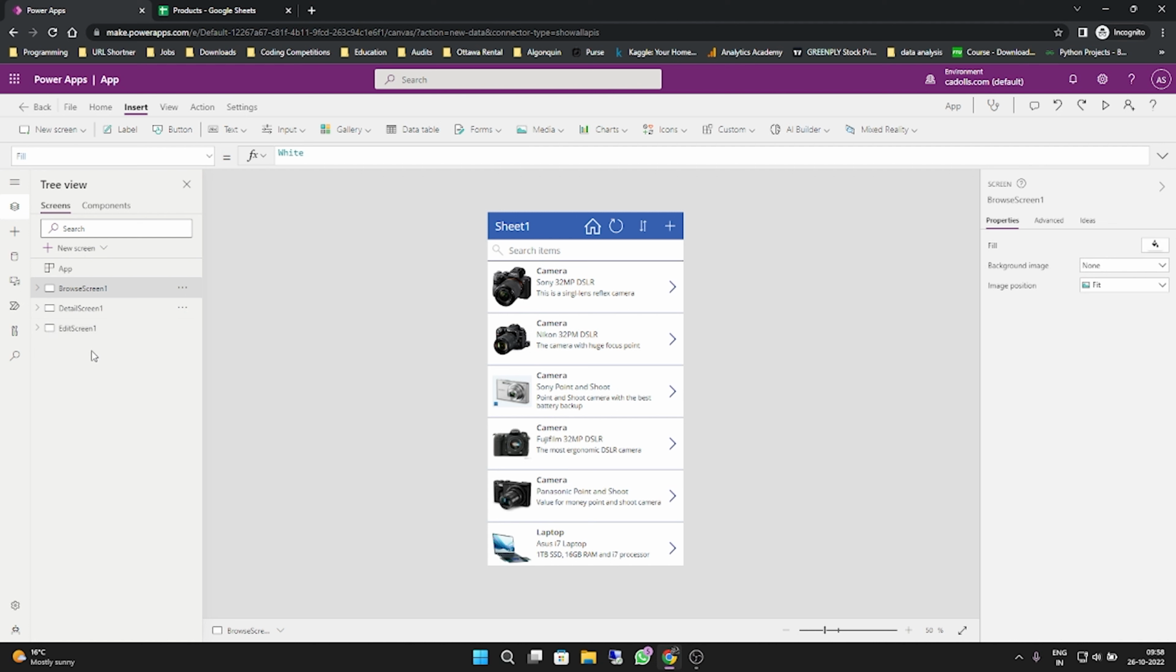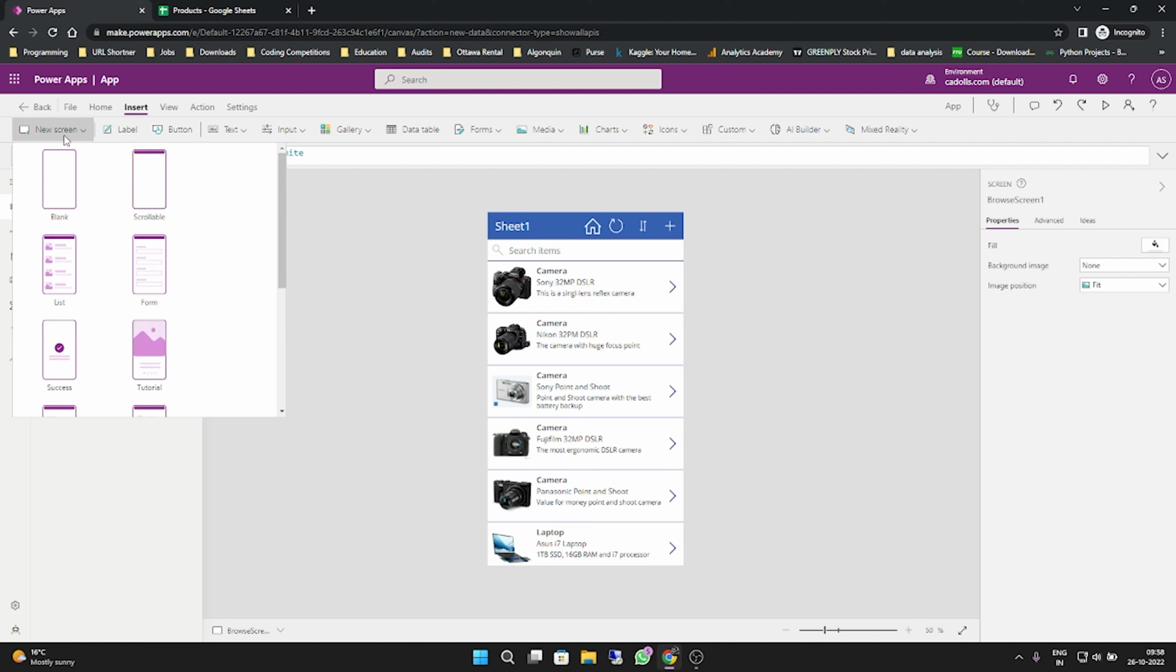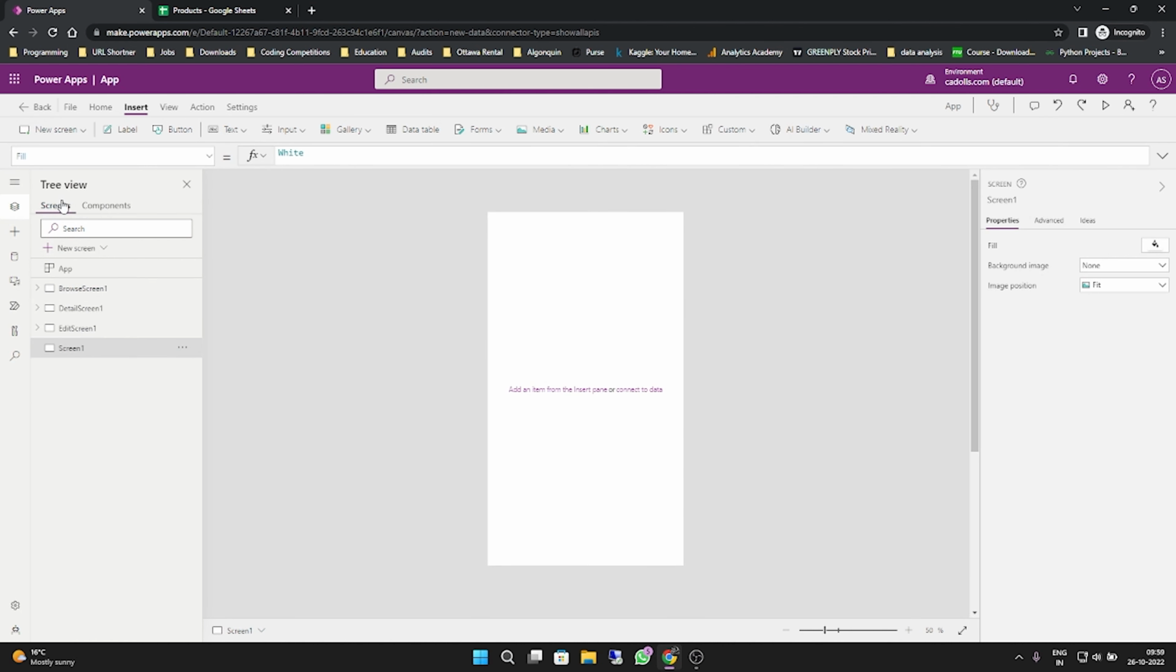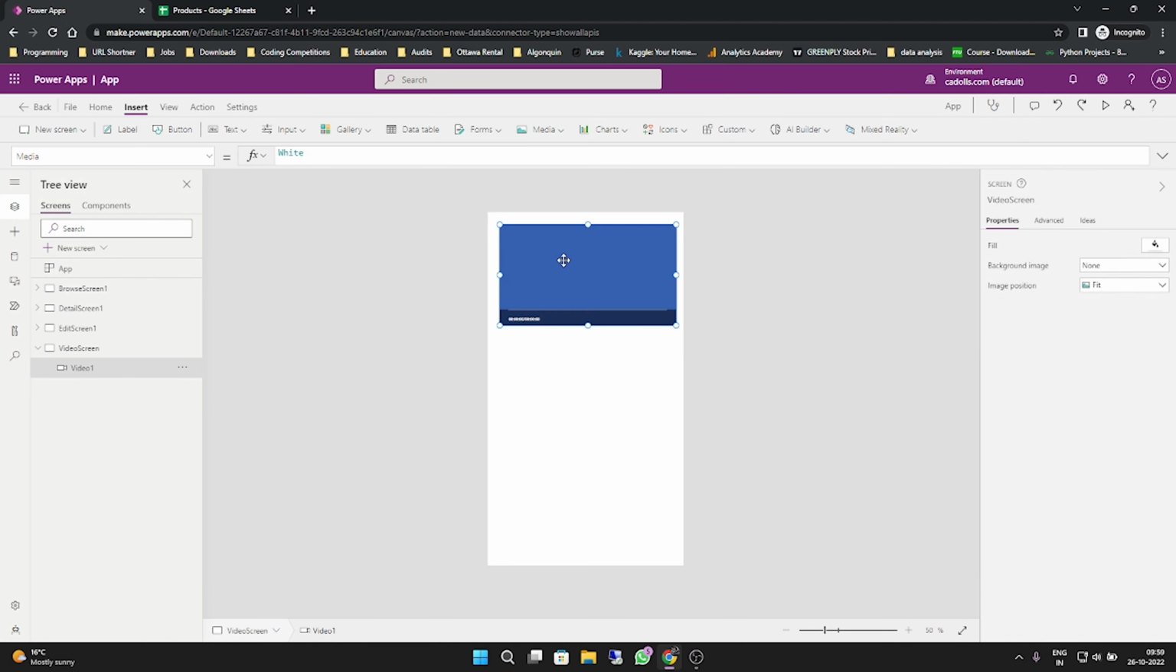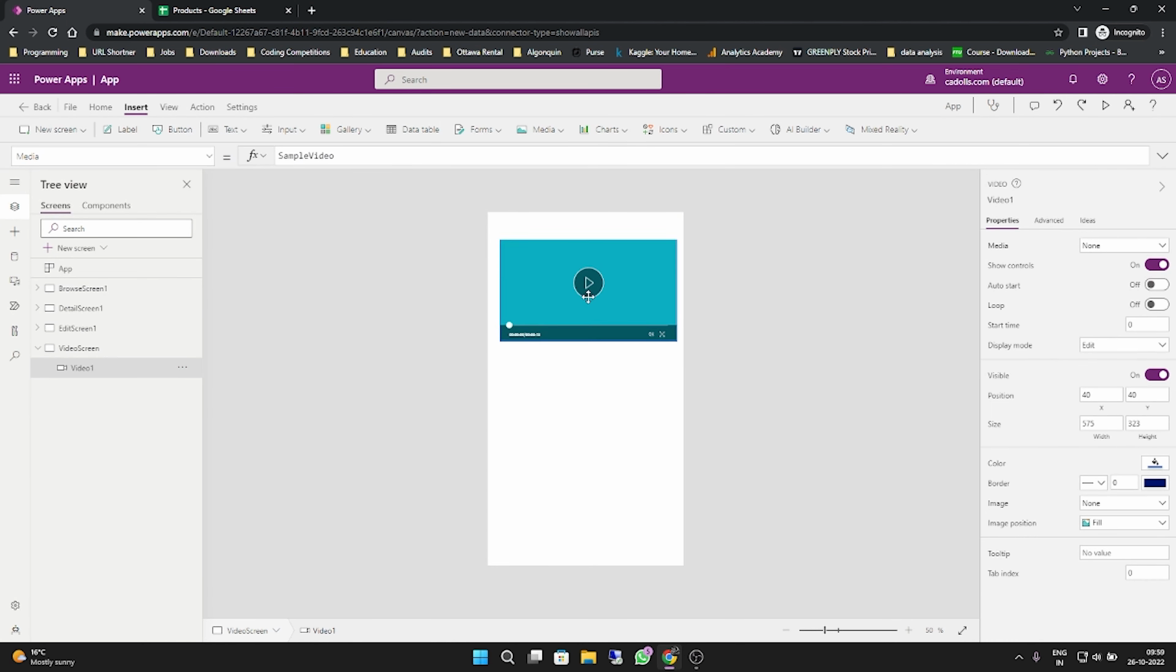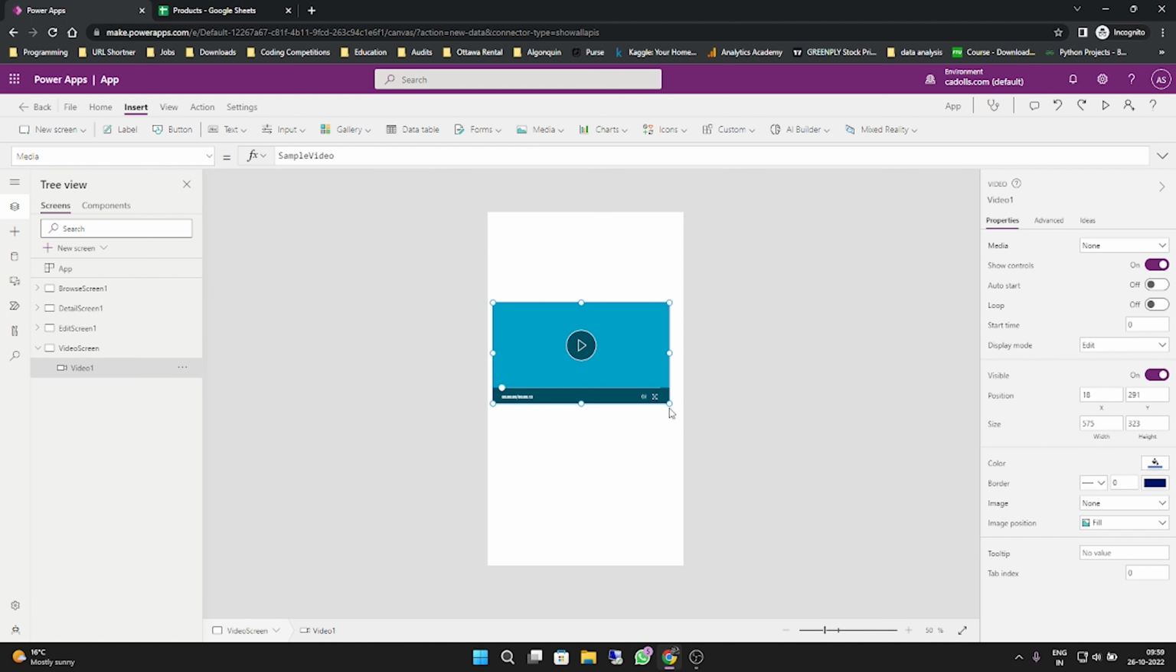So to add a video, we will do it on a new screen. So I'll go to the insert tab, select a new screen, and then choose a blank screen in my case, and I will give it a new name. Let's call it video screen. Once I have this, now I want to add the video to my application. So what I would do is go to the media option, choose the video from the media section, and now the video will get added to my app. So probably I can drag it down and adjust the height and width a little,